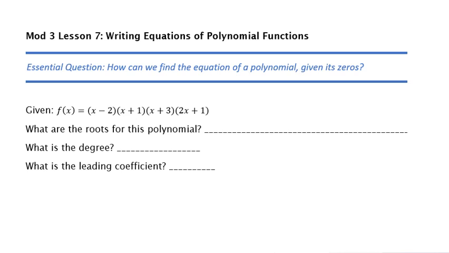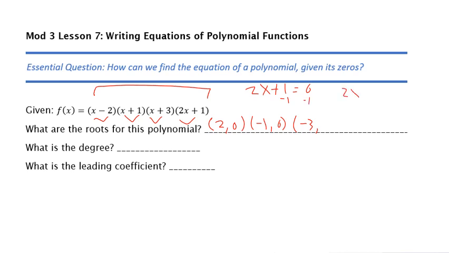We saw in previous videos that factored form can give us the number of roots and identify those roots for us. So for example, this equation, we have it in factored form. If the question is what are the roots, you're just taking the opposite of what's in those parentheses. So we have (2, 0), (-1, 0), (-3, 0), and this one we can't really just make negative 1. We might find that we have to solve it a little bit,